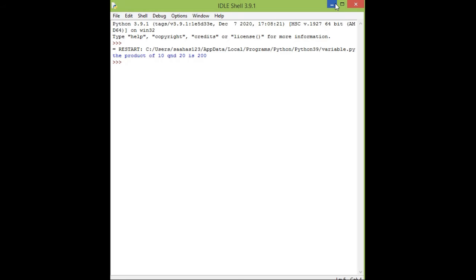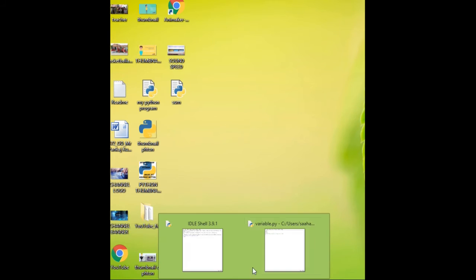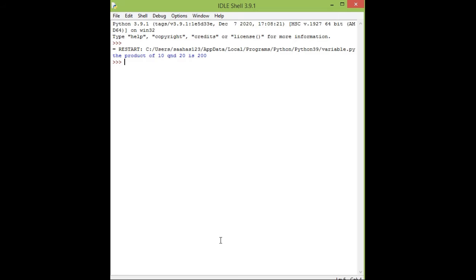And now I am telling you some rules on how to write a variable name. A variable name must start with an alphabet, which can be capital, small, or an underscore. A variable name can consist of alphabets, digits, and underscore, and no other character is allowed. A Python keyword cannot be used as a variable name, and space is not allowed.